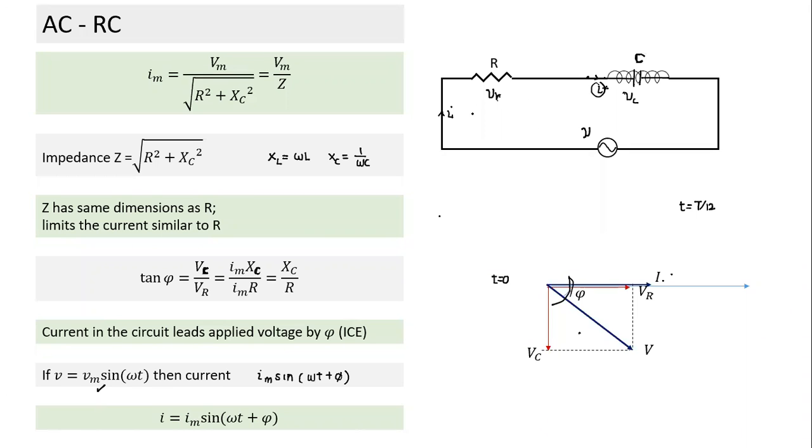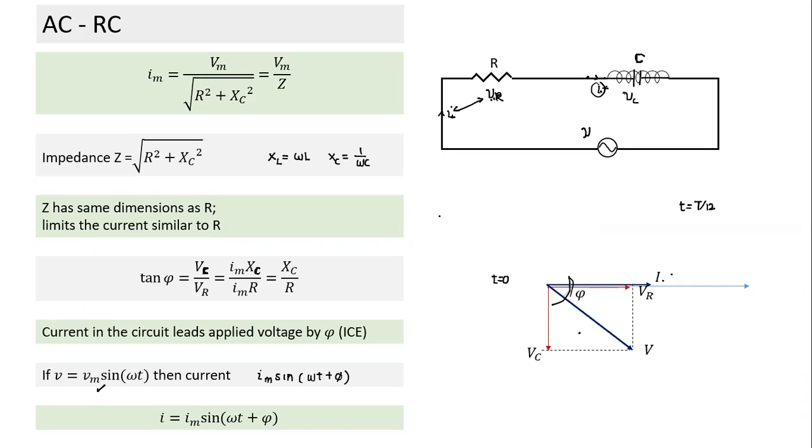See what you need to understand here. If current and this, what happens between the two? This will not depend on the rest of them. These two have a certain relationship. What is the relationship they will have? This varies as a sine function. This also will vary as a sine function. Both will have the same value of omega, and both will reach their peak at the same time. And the peak also is related. What will be the maximum value of I max? I max will be equal to the amplitude of voltage.